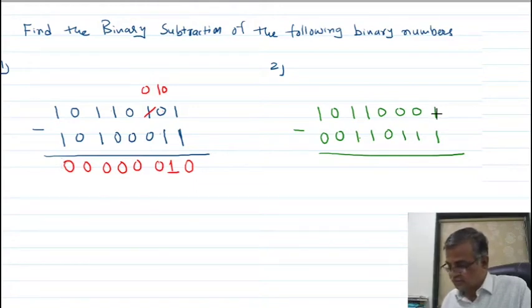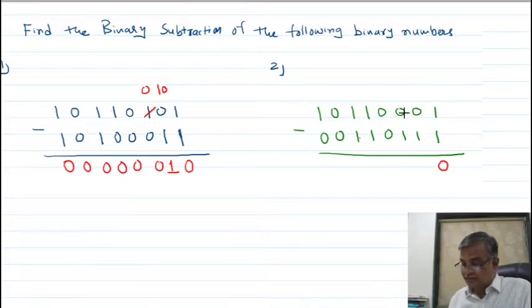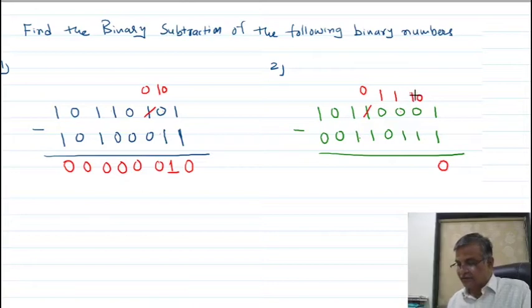Now look here. 1 minus 1 is 0. Now look here. Here you cannot take the borrow from this bit, so I have to take the borrow from this bit. As you do in the decimal number system, I am doing 10 minus 1, it is your 1. 1 minus 1, 0. This is 1. Now again 0 minus 1 cannot be done. So it is 0, borrow is 10, 10 minus 1, 1.